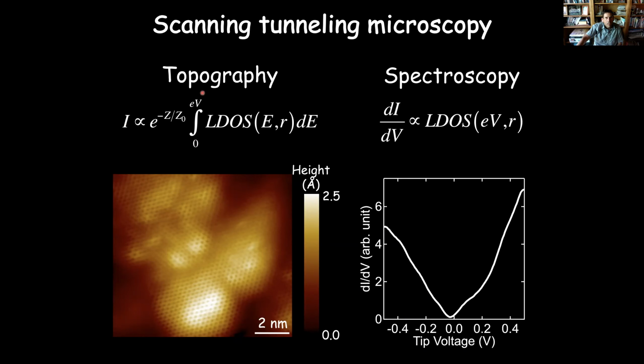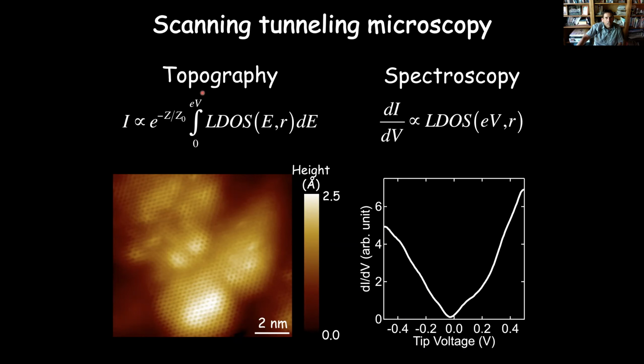And when we do that, if we now measure the change in this current with this bias voltage, that gives us a derivative of this integral, which will then give us something proportional to the local density of states at the current position of the tip. And so this is an example of the type of measurement you'll see here, dI/dV. So this is proportional to the density of states as a function of the voltage on the tip, or the voltage between the tip and the sample.